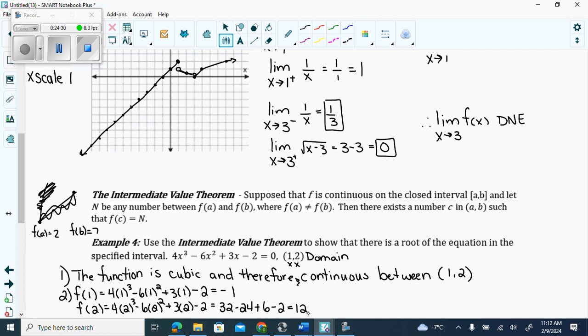Okay, can we say that there's going to be a 0 now? One of the endpoints is below 0, at negative 1, and the other endpoint is 12, and I told you the graph is continuous, that means from negative 1 to 12 it's going to do this at some point. Is it going to cross through 0? Yes. So that's how you end it. Therefore, there is a root